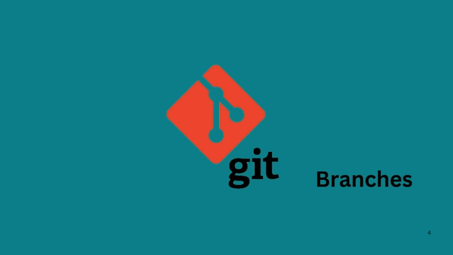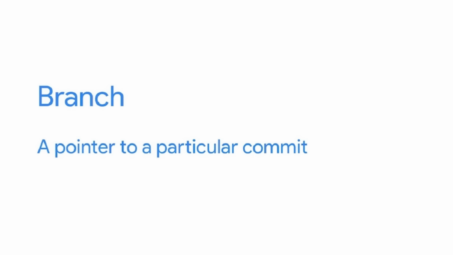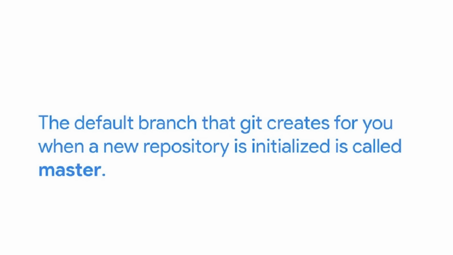In Git, a branch at the most basic level is just a pointer to a particular commit. But more importantly, it represents an independent line of development in a project, of which the commit it points to is the latest link in a chain of developing history. The default branch that Git creates for you when a new repository is initialized is called master. All of our examples and development have taken place on this branch so far. The master branch is commonly used to represent the known good state of a project.